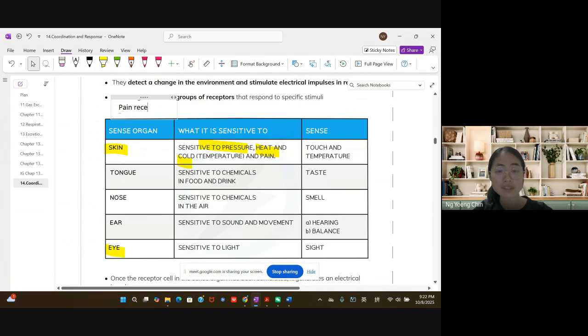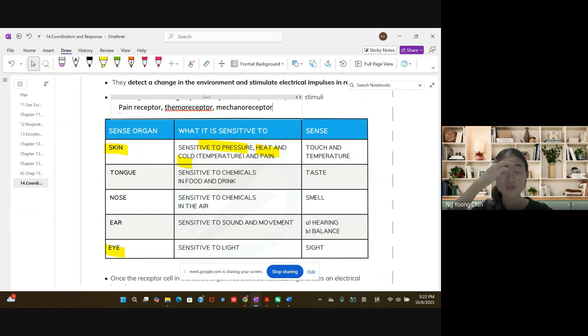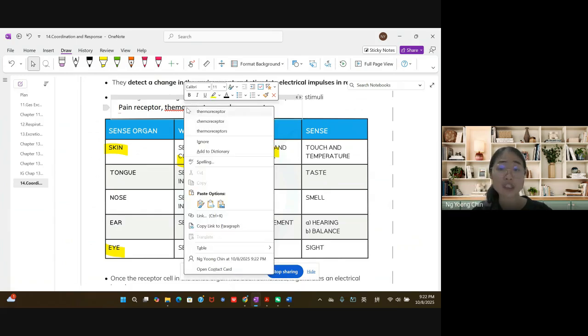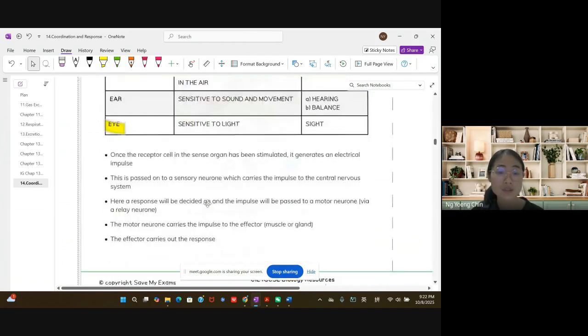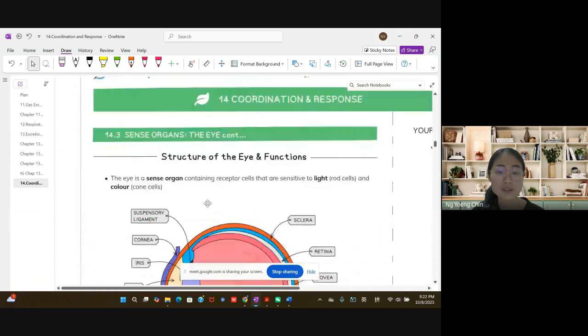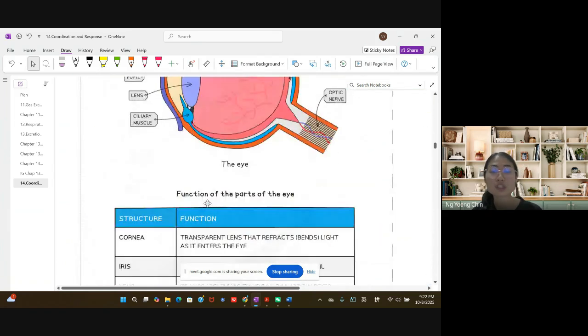For example, pain receptor, thermoreceptor, mechanoreceptor, which detects pressure. They help to detect changes in pressure. For the eyes, it's sensitive to light. Okay, so that's all. For this structure of the eyes, it looks a bit complicated for you,